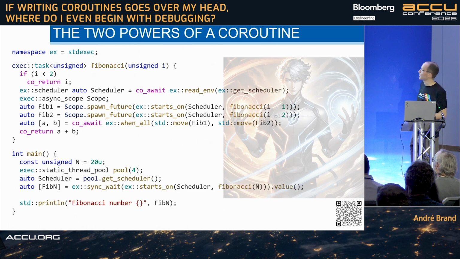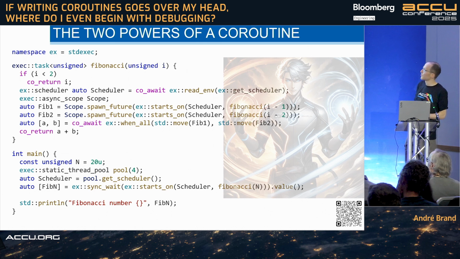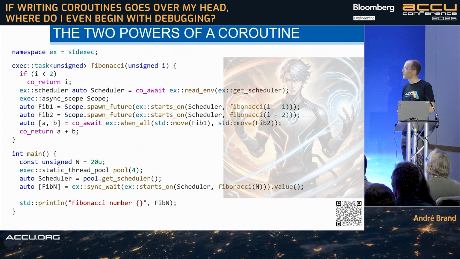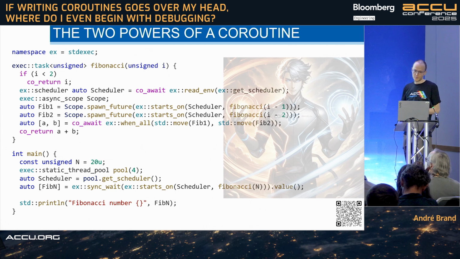And not to forget, when we use the scheduler and spawn the futures, which are also tasks or senders, we can await on them, and it awaits on the senders. We again demonstrate the feature of composability,